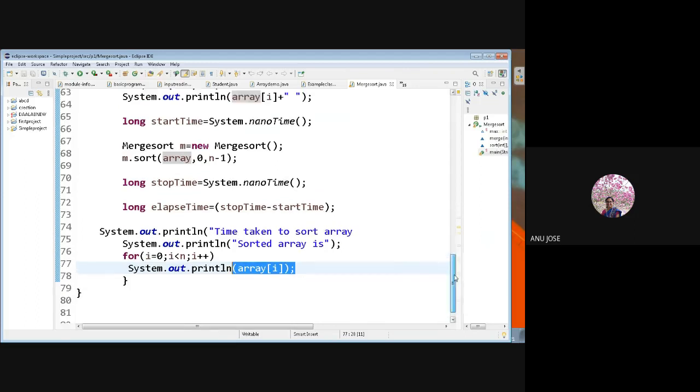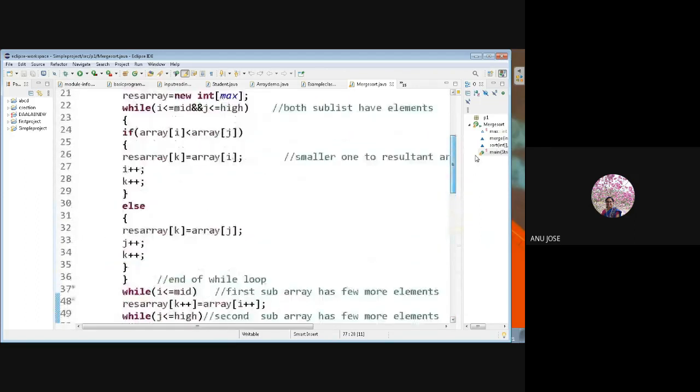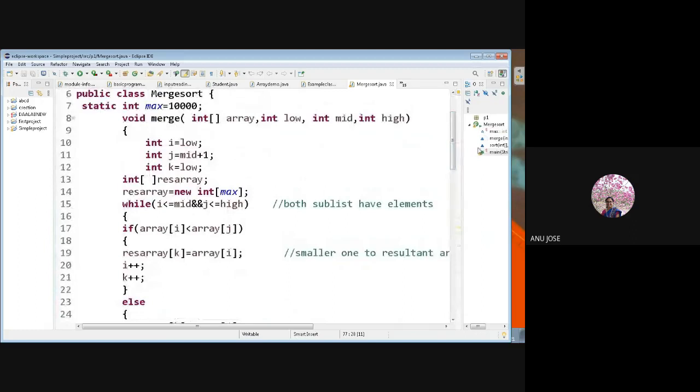If you are clear, you can write yes in the chat box. Okay, please write a question.